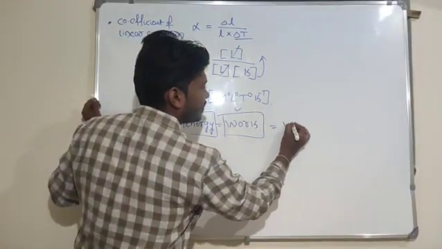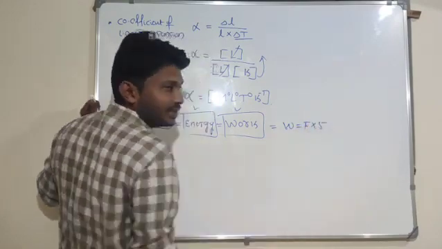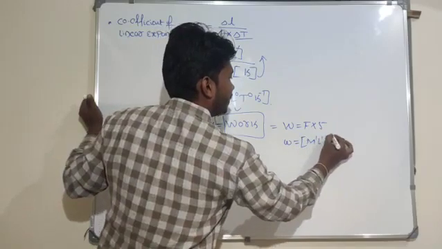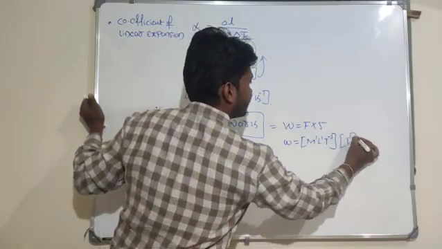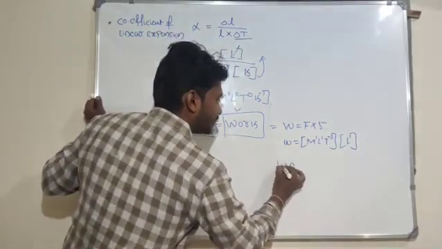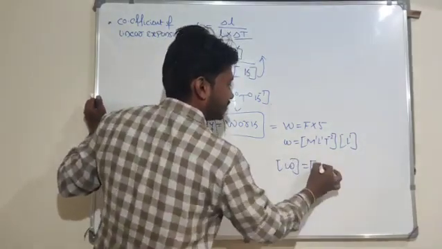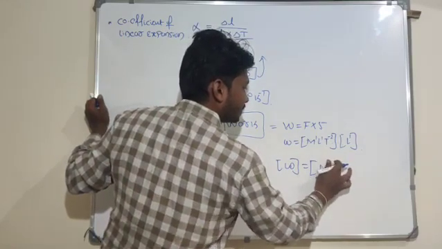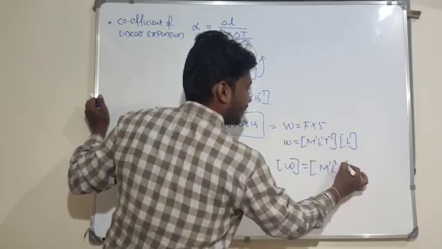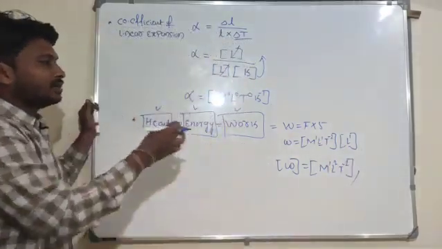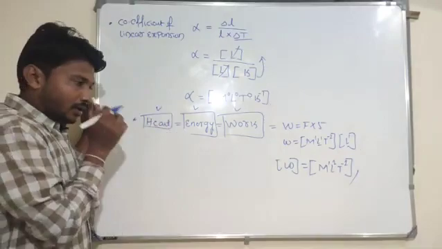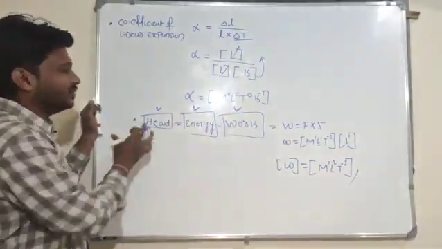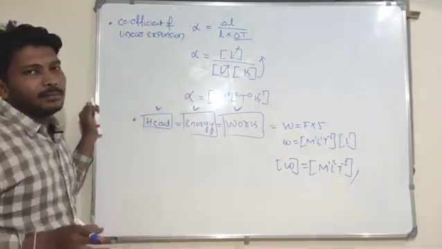Work is nothing but what? Work is equal to force into displacement. Force is M1 L1 T to the power of -2, and displacement means L to the power of 1. So the dimensional formula for work done is M1 L2, sorry, the bases are the same so powers are added, T to the power of -2. This is the dimensional formula for heat, or energy, or work. These physical quantities carry the same dimensional formula.